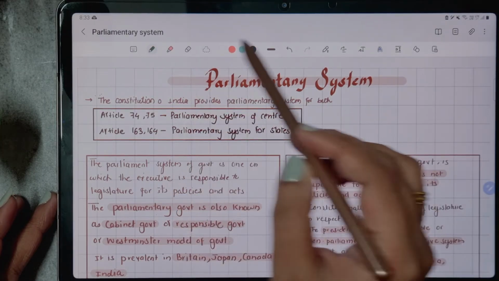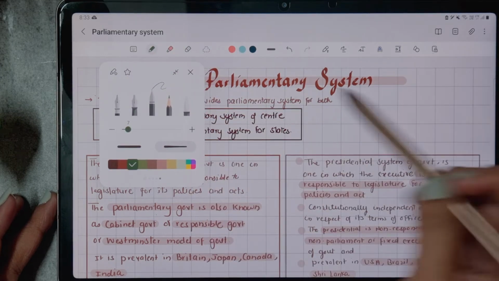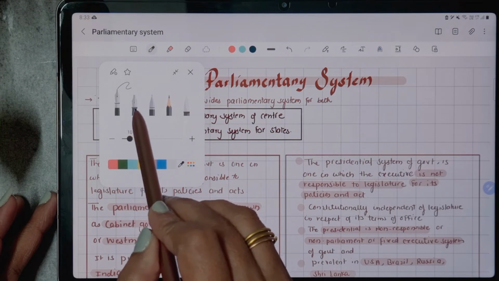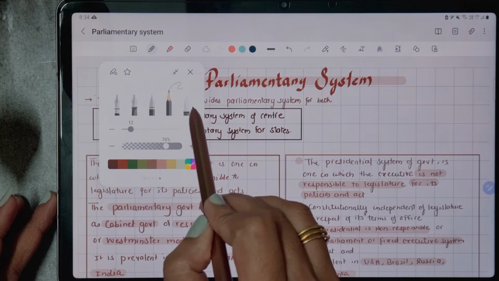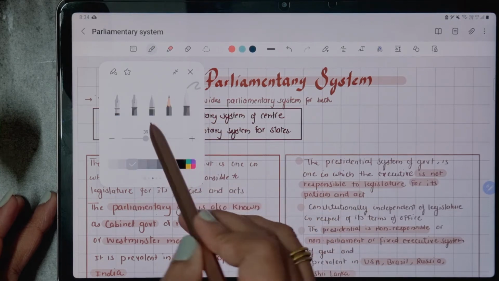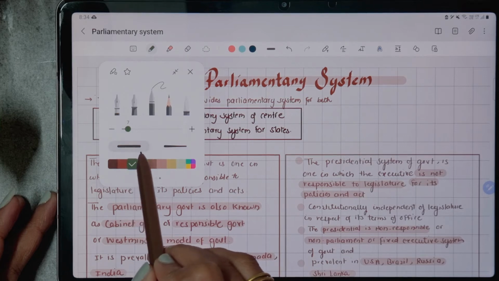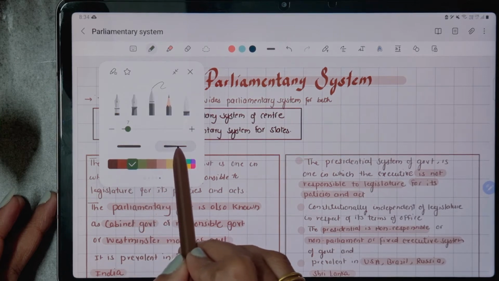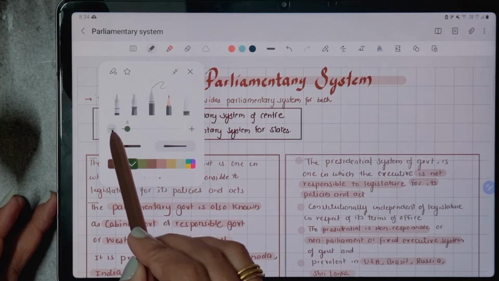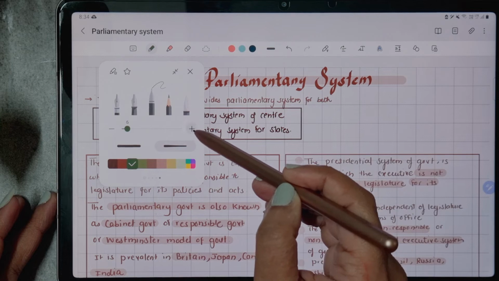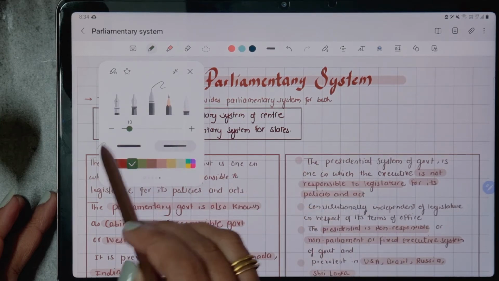Number 7. Pen mode. Samsung Note provides 5 types of pen: fountain pen, calligraphy pen, pencil and calligraphy brush. But in the updated version, it provided new features in the pen tool as well as in the pencil tool. The pen tool has a consistent flow of ink, and also an ink flow which is under pressure sensitivity. And for those who use calligraphy writing, the second option is the best option. And also the pencil tool provides increasing or decreasing opacity of color.